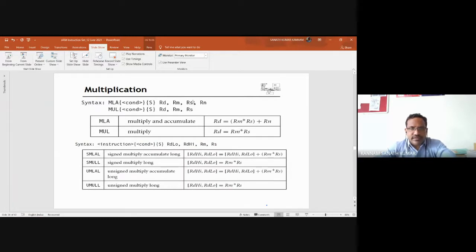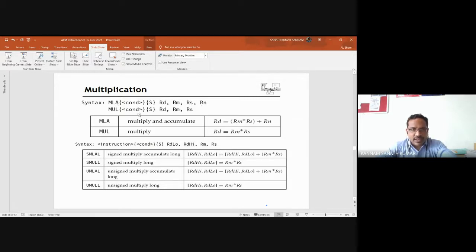These are the syntax. MLA is nothing but multiply and accumulate, then condition, and S is nothing but it will update the conditional flags in the CPSR. Rd is the destination register. Rm, Rs, and Rn are the source registers.